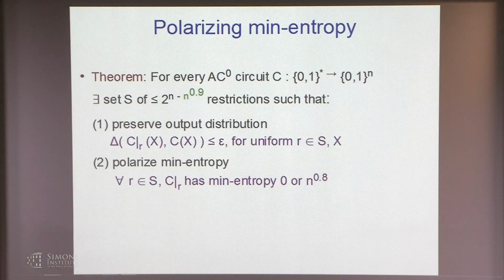The proof of this result goes in two steps, kind of like the previous one. You can argue for local functions and reducers, and the template is somewhat similar. I'm just going to show you one lemma, which again talks about arbitrary functions, not just AC0. And it's the main polarization lemma that I will discuss.